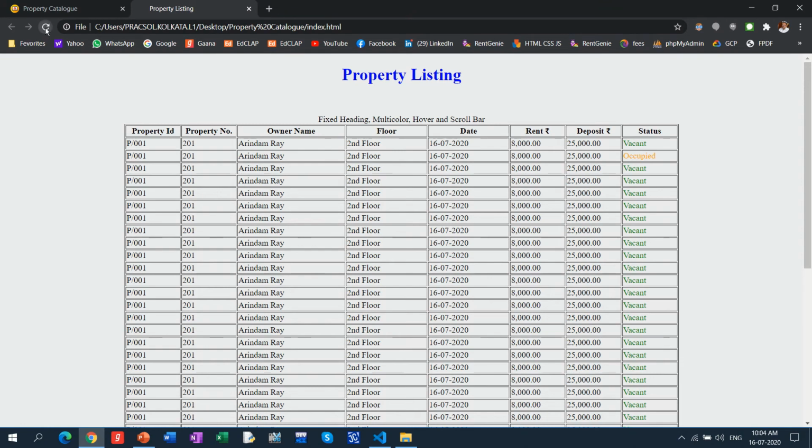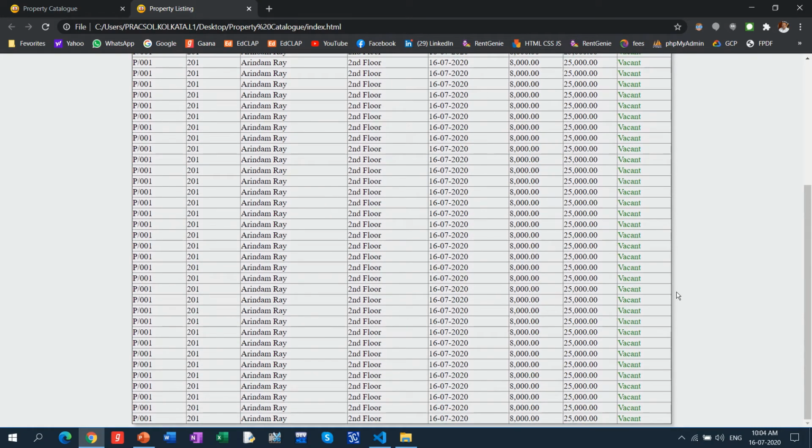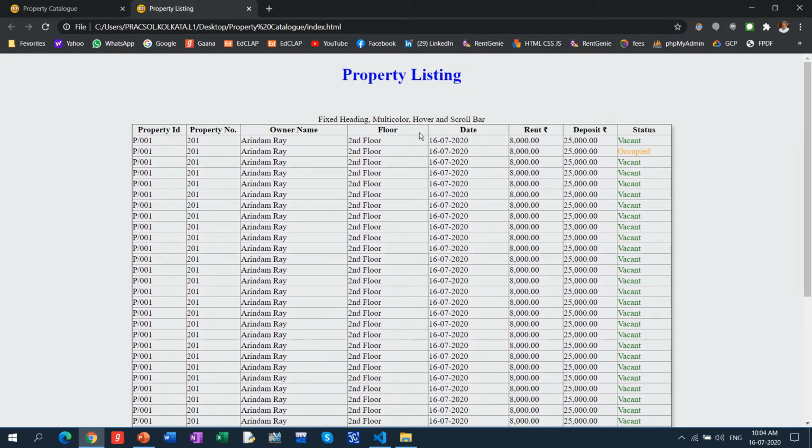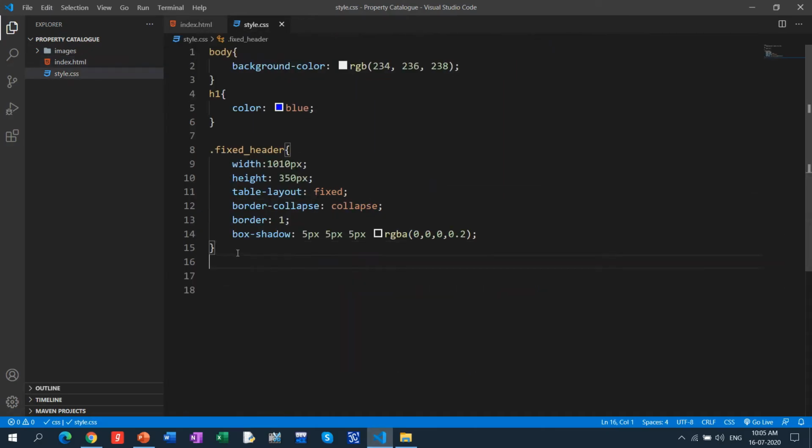Okay, let's see the format patterns that have changed, and the shadow has come down, right? The shadow has come down, and this formatting and all these things come step by step. This is the fixed header done, right? Then after that, fixed header we did, then we have to make the fixed heading also. Okay, next we come down, fixed header thead.